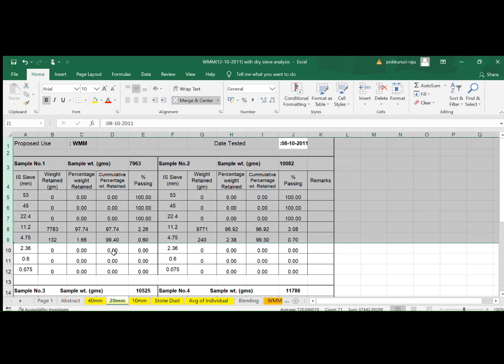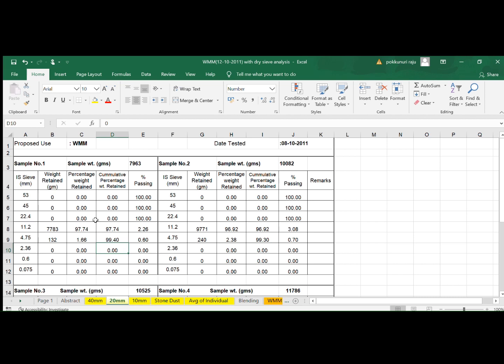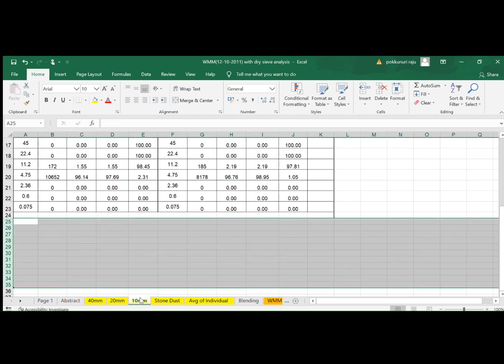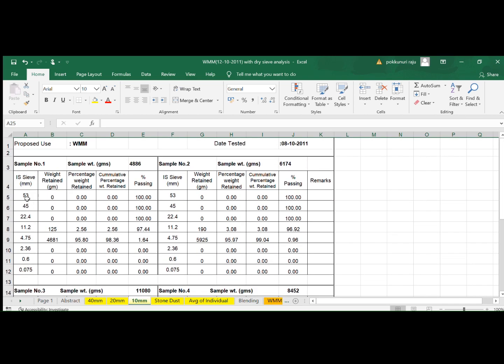Similarly for the 20 mm aggregate, 4 samples were taken to check the individual gradation percentage passing from each sieve, starting from 53 mm and ending with 0.075 or 75 micron IS sieves. Similarly, for the 10 mm aggregate, it starts from 53 mm where there is 100% passing up to 22.4, at 11.2 you have 97.44% passing, and at 0.075 you have 0% passing.